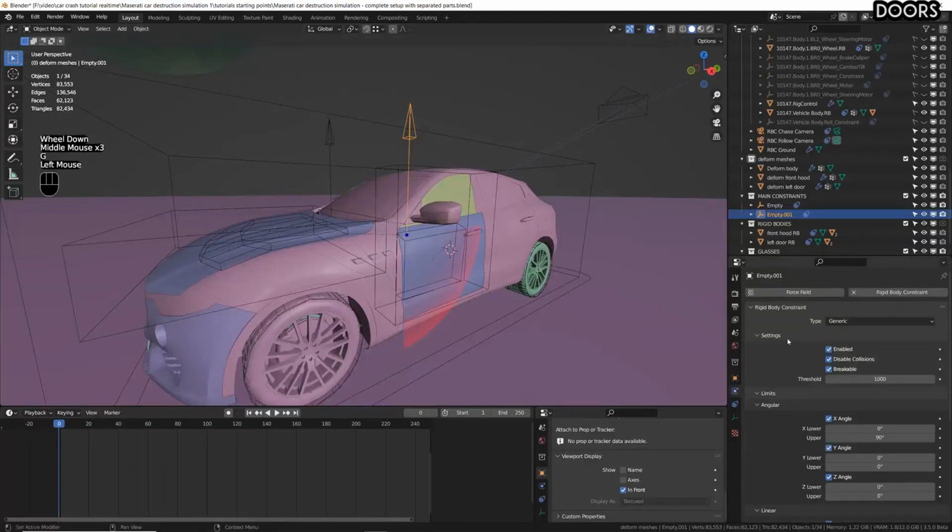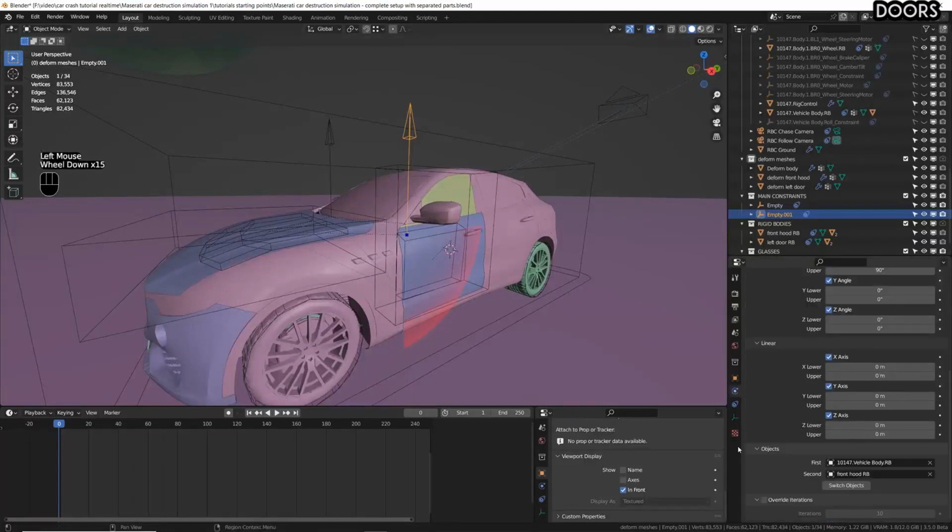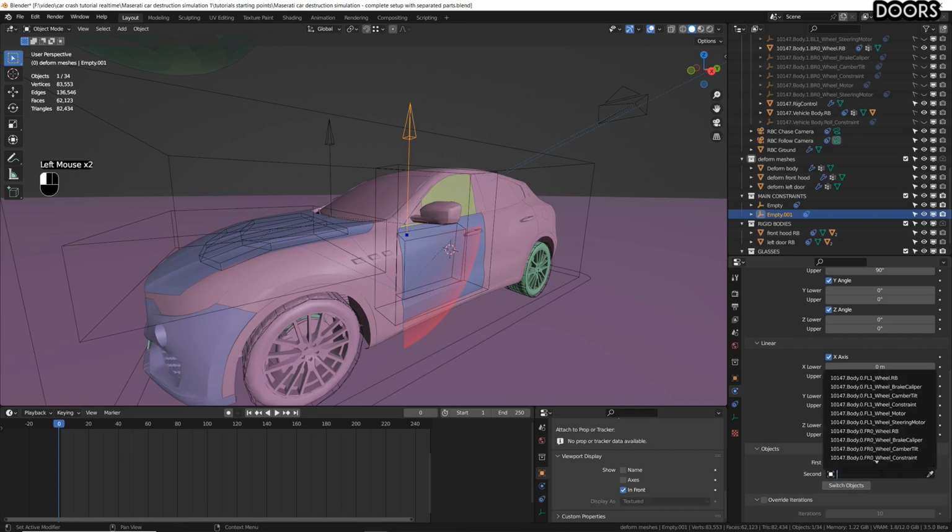Let's go in the physics properties. First of all, the way down, objects that this constraint is connecting. Vehicle is correct, but the front hood, no, this is not correct. Delete it and instead search the rigid body of the door. Let's see, door, left door RB. I want to choose this one here. So we are connecting the rigid body of the car with the rigid body of the door,